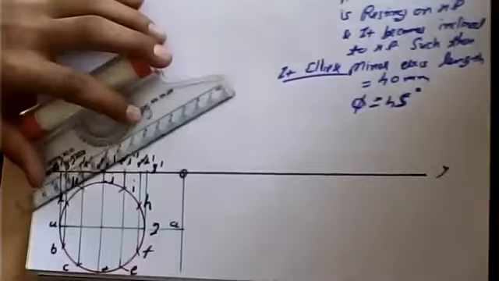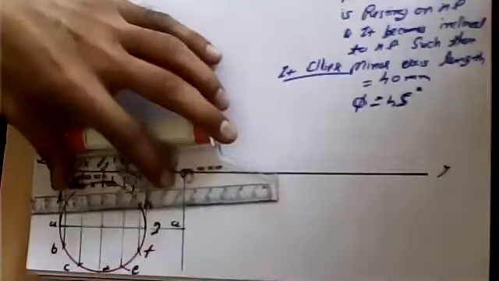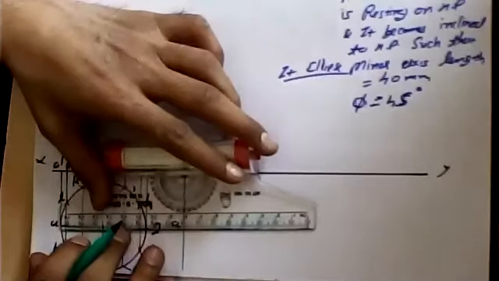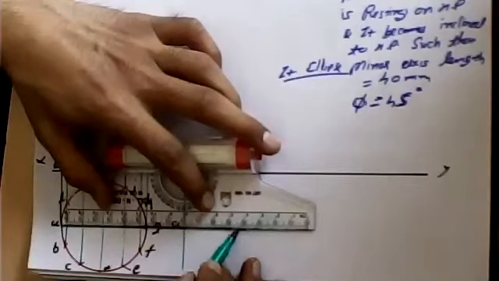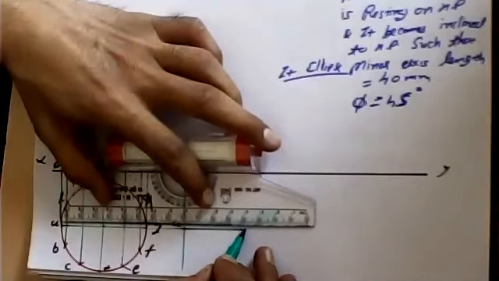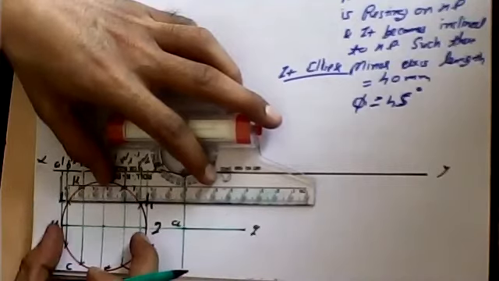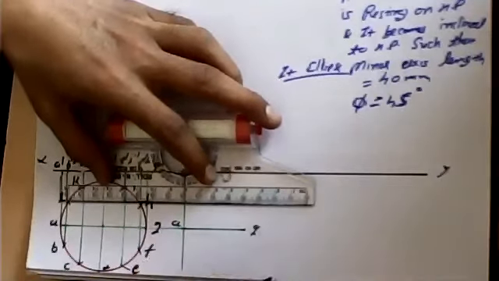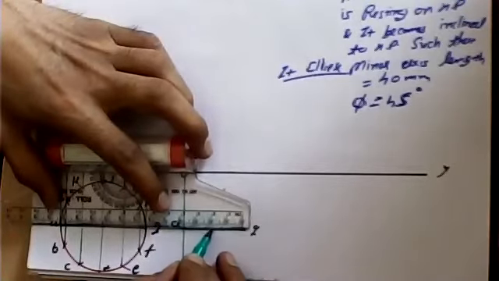Now we are aware that the minor axis is having a length of about 40 mm. So what I am going to do, I am going to draft a line which is having a length of about 40 mm over here, and at its end point I'll be designating G point. This is the G. Previously it was at 60 mm distance, now it is at 40 mm distance. And we are aware that the major axis is going to be at 20 mm.